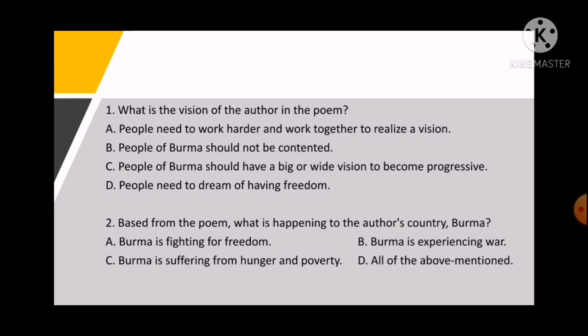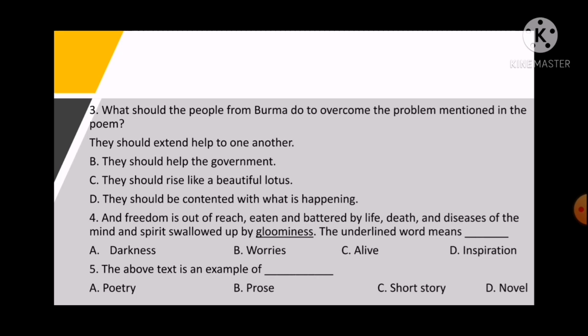Number 2. Based from the poem, what is happening to the author's country, Burma? A. Burma is fighting for freedom. B. Burma is experiencing war. C. Burma is suffering from hunger and poverty. Or letter D. All of the above mentioned. Number 3. What should the people from Burma do to overcome the problem mentioned in the poem? A. They should extend help